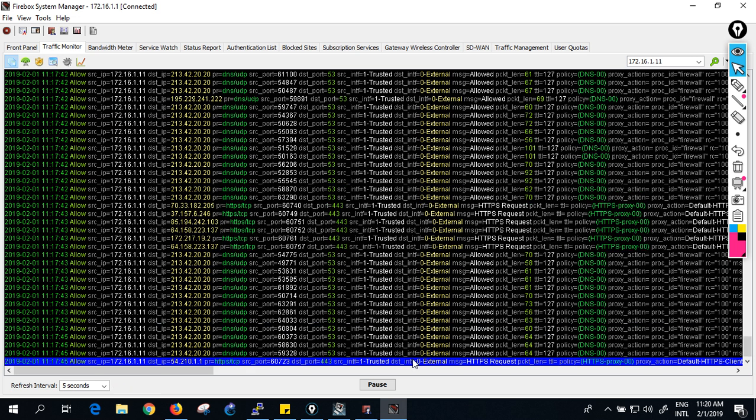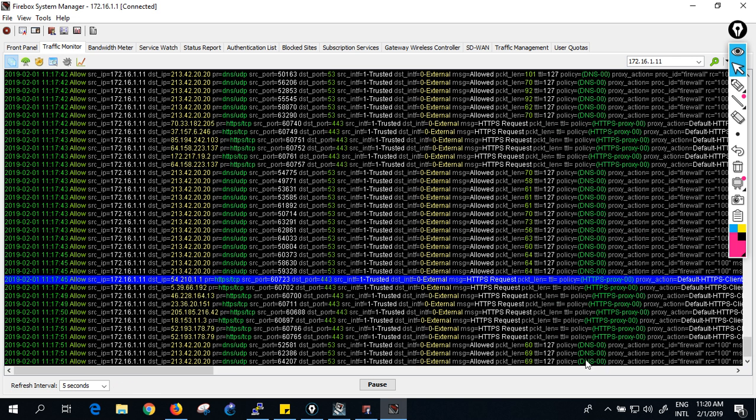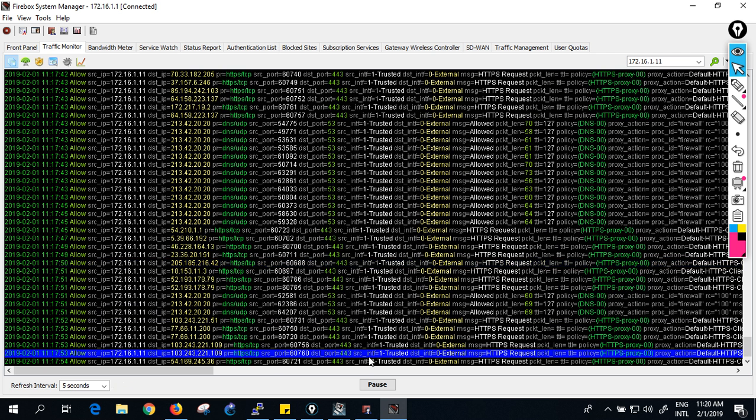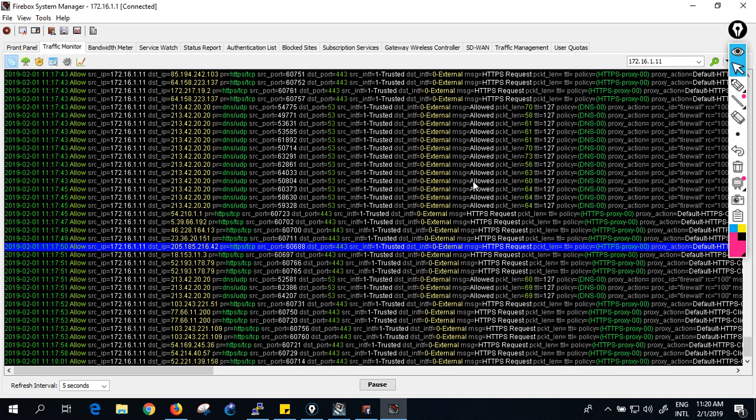So this packet is allowed, guys, there is no issue. See, I can see that a lot of information is going on. Okay, from my PC, whatever traffic is going, I can see that. In case it is denied, we would see that. This traffic is allowed, guys. Okay, this traffic is allowed. And the second thing is that if you see here,